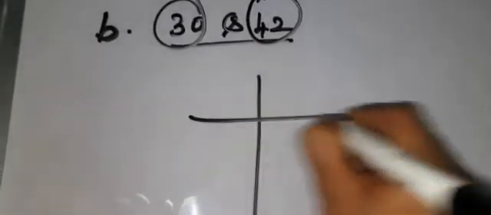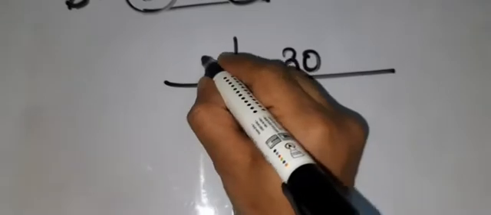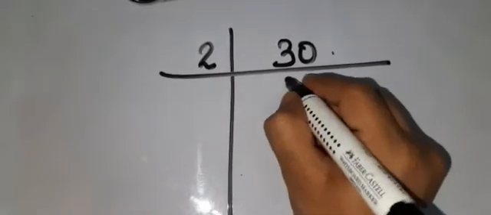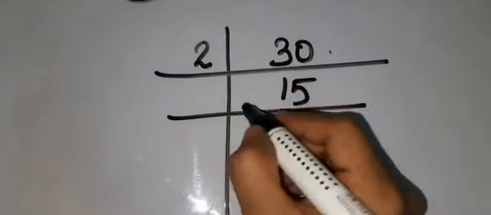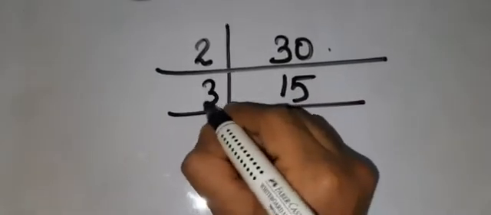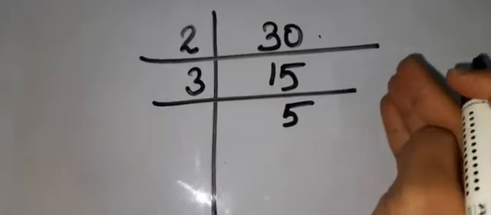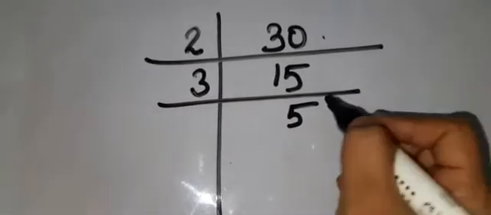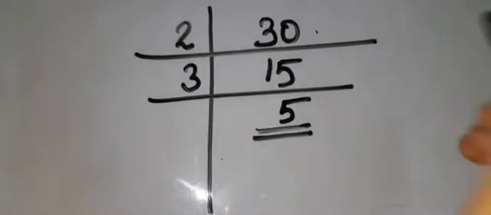So we are going to divide the given number by the prime numbers. The first prime number is 2, and the number 30 is divisible by 2 in the 15 table. 15 into 2 is 30. This 15 will be divisible by 3. 3 5s are 15. What is the rule of the long division method? Until the quotient is divisible, we are going to keep dividing the number.